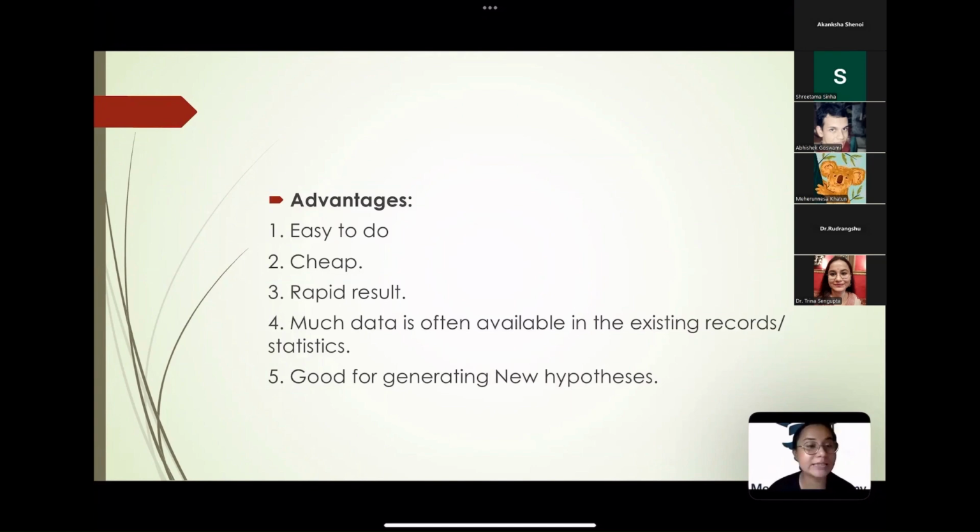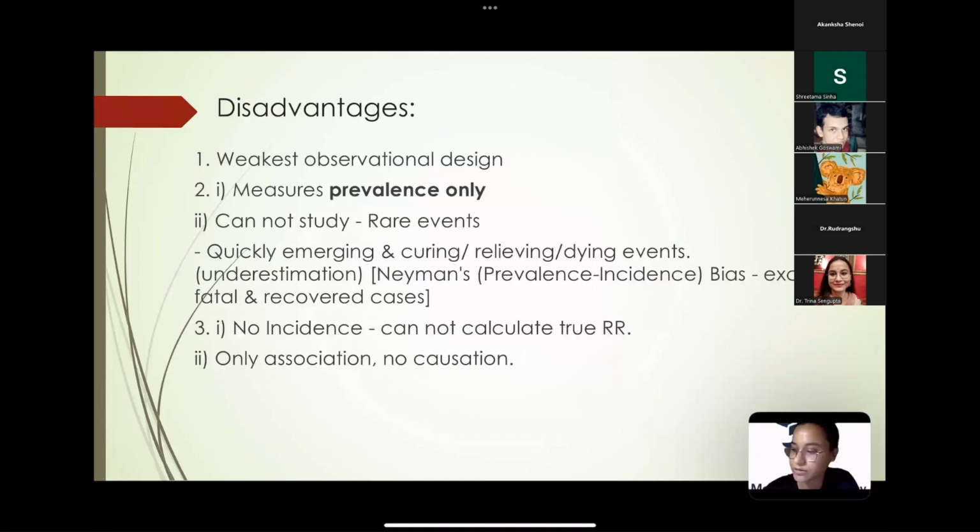Because from a cross-sectional study, as we cannot establish the temporal association, we can just generate the hypothesis, even from the descriptive part, not the analytical part. If we see that more female students are suffering from malnourishment, we can generate the hypothesis that maybe gender has an important role to play in the development of malnutrition. That is one of our hypotheses. For proving that hypothesis, we have to conduct several other studies or go to the analytical part of the cross-sectional study. So only a descriptive cross-sectional study is very good for the development of any hypothesis.